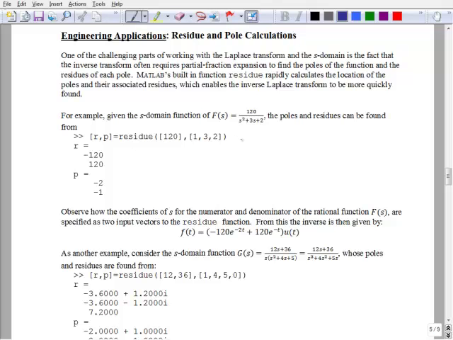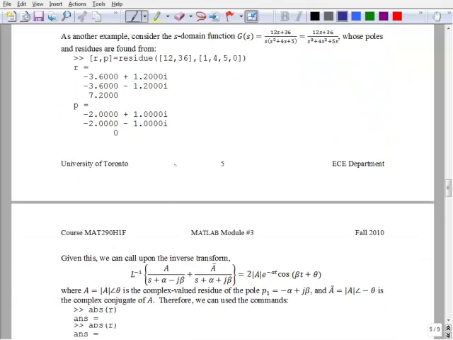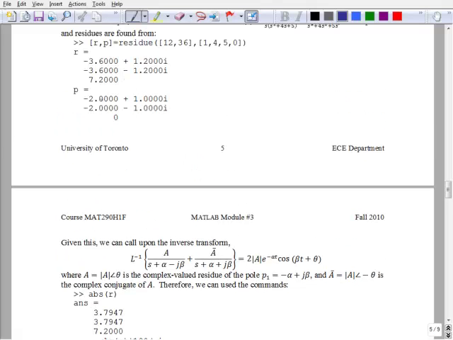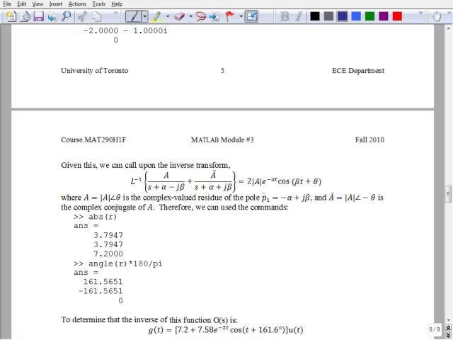And so when we have complex conjugate poles associated with complex conjugate residues, this formula is a very handy one to use, where we combine these two complex conjugate poles to create a single shifted cosine, where the frequency of the cosine is given by the imaginary part of the pole. The real exponential has this rate of decay, which is given by the real part of the pole, and both the magnitude of this time domain function and the shift are given by the residue, A,